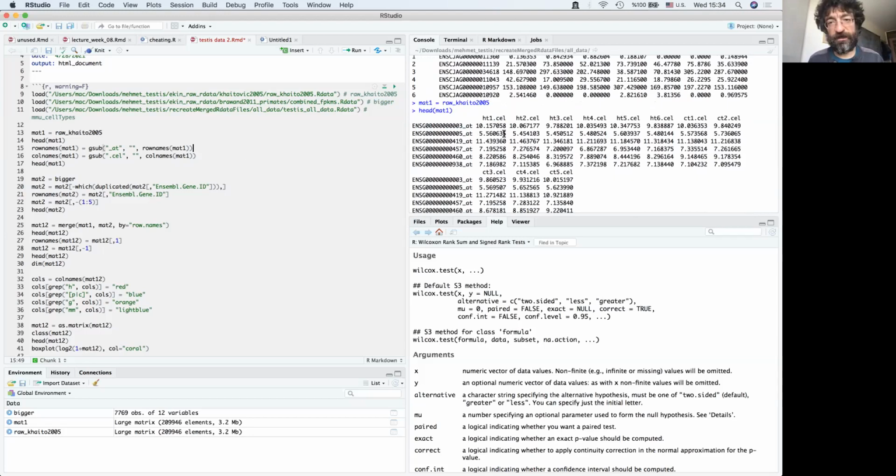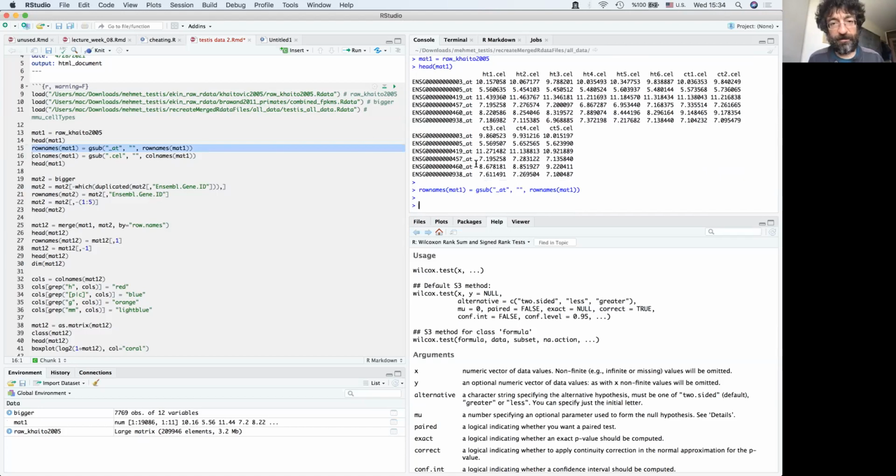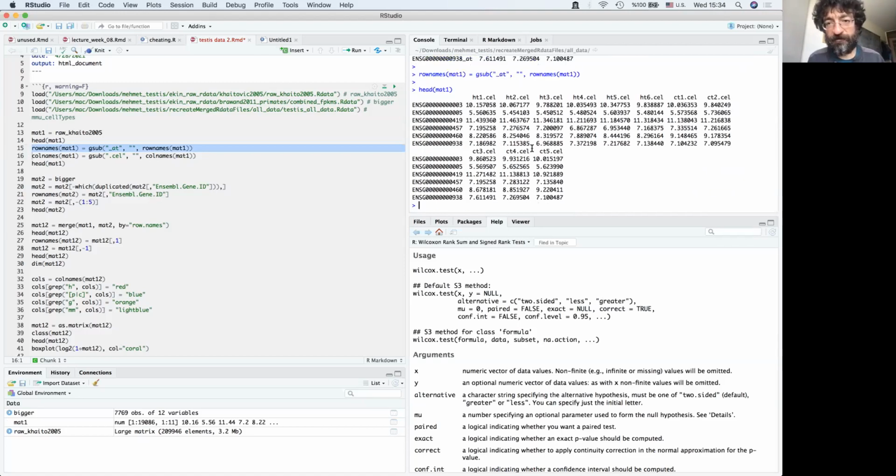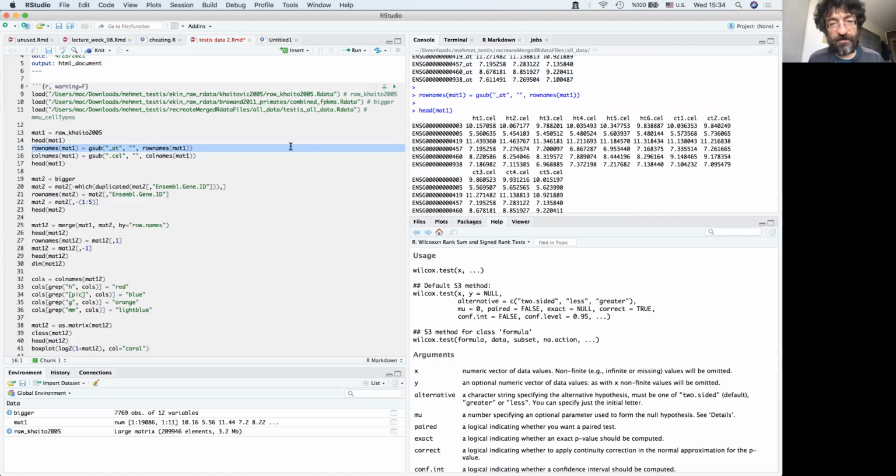So how can we do that? In R, there's this nice gsub function. It recognizes a pattern and replaces it with some other pattern. Here, I just want to remove it, so I can use gsub like this. If you have any questions about any of the commands, please feel free to ask.